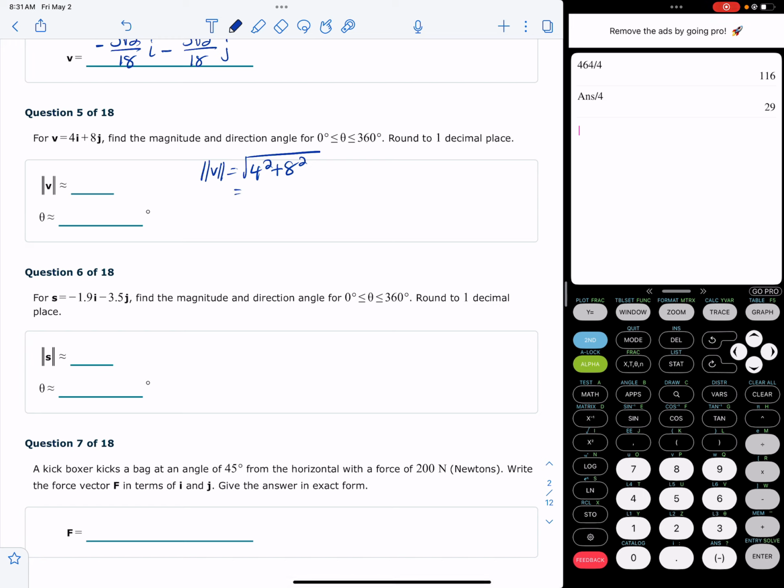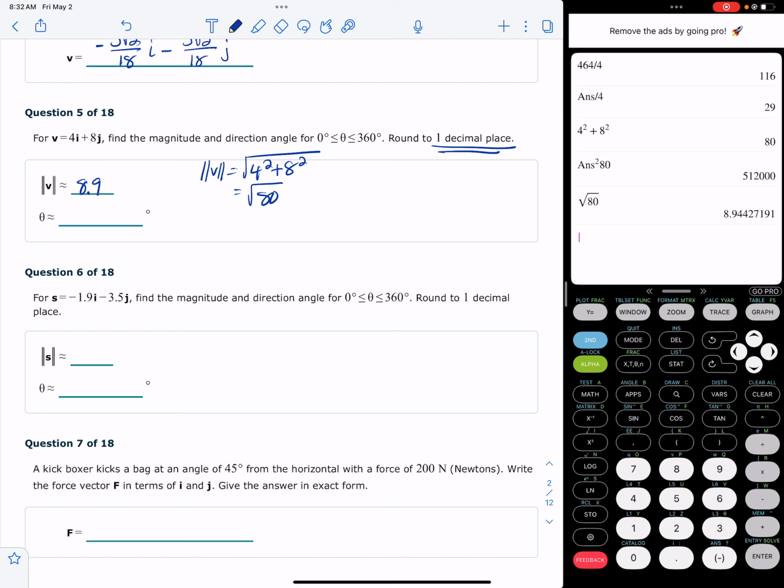And so that would be 4 squared plus 8 squared, 80. Do we need to break it down? We don't. It says round. So we could have just done this. So the magnitude is 8.94